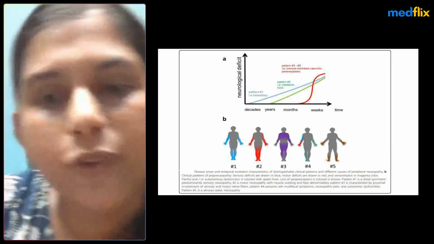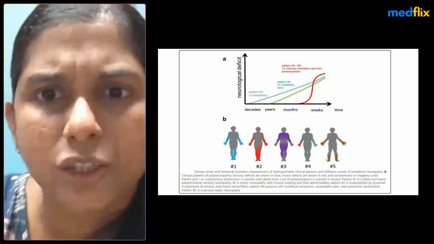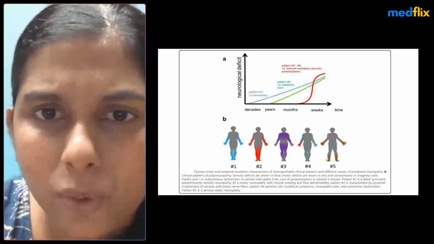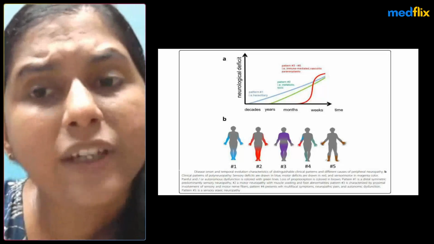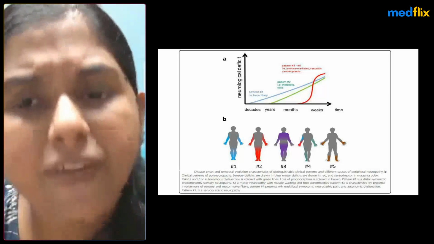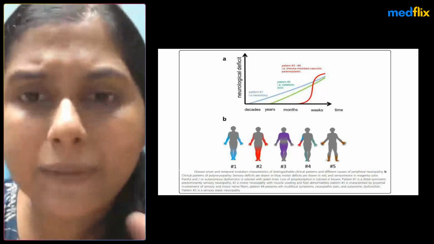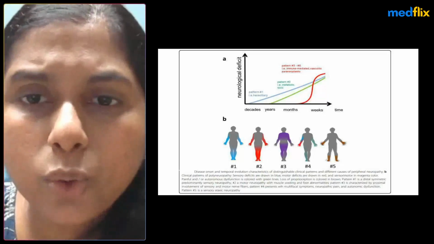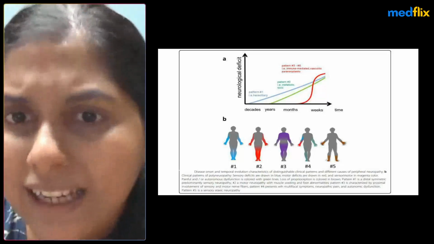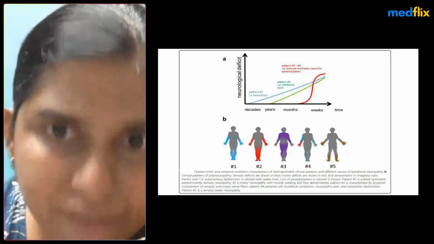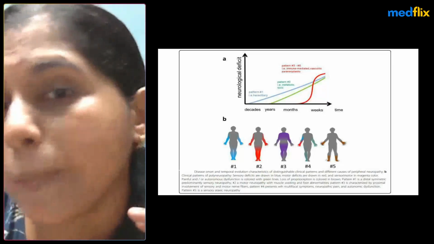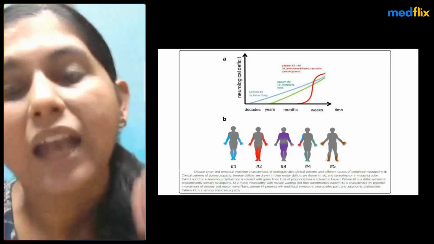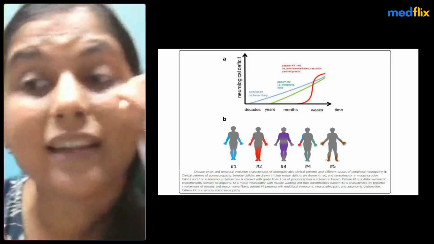And this is kind of a beautiful graph that summates our basic differentiation. So here we have in blue pattern 1, and this is hereditary, and we can see that the disability over years is very, very slowly progressive, barely perceptible. Then we come to, if it is metabolic or toxic, again, the tempo of progression is definitely faster, but the most rapid progression is immune-mediated, vasculitic, paraneoplastic, where we can see there's a hyperbolic curve and there is rapid progression of